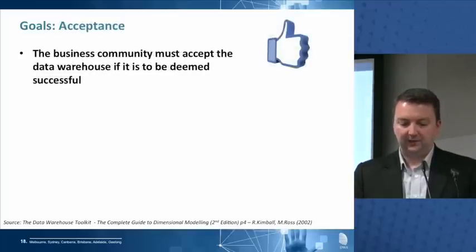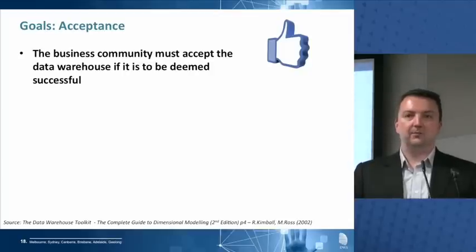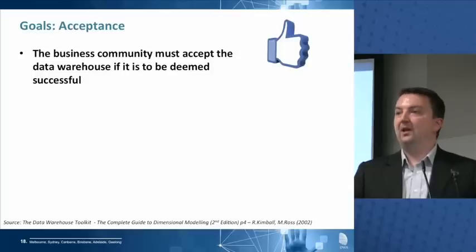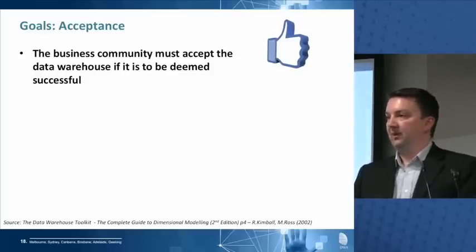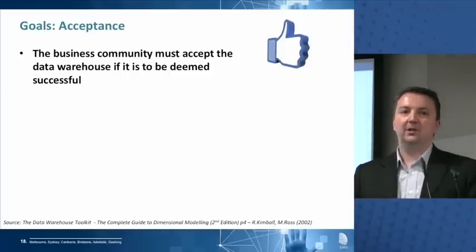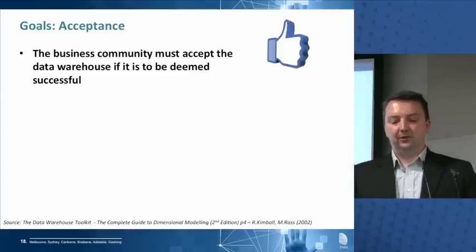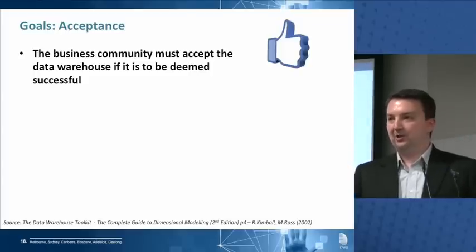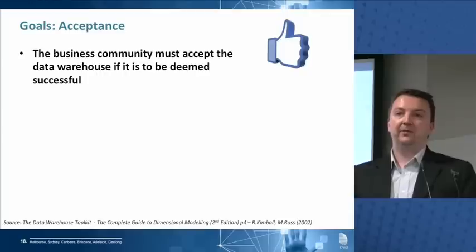All right, lastly, acceptance. Unlike an operational source system, where users have to use it. Okay? If the order doesn't go into the ordering system, it won't get through to dispatch, and the customer won't get their product. You have to use operational source systems. There's no way around it. You can build the greatest pile of rubbish in an operational source system. People will complain bitterly, but they'll still use it. It's not true of a data warehouse.